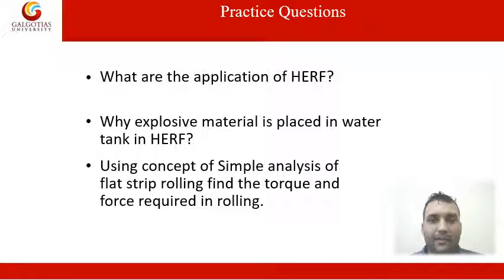For the home assignment, there are a few questions for all of you. One: is metal forming the most cost-effective manufacturing process? You have to explain this. Second: why is metal forming the best process for mass production? Next question is, according to your imagination, what is the best process to make a beverage can? These are the assignment questions which you are supposed to submit by the next lecture.